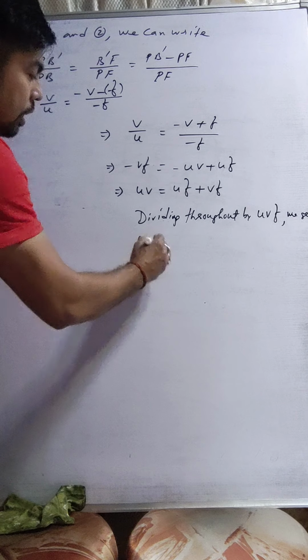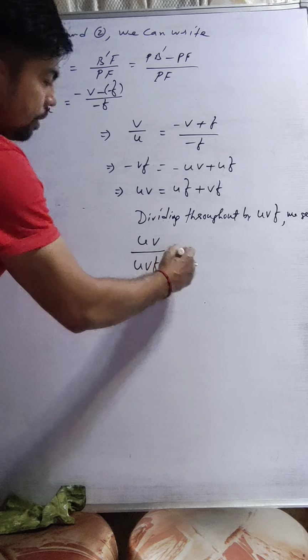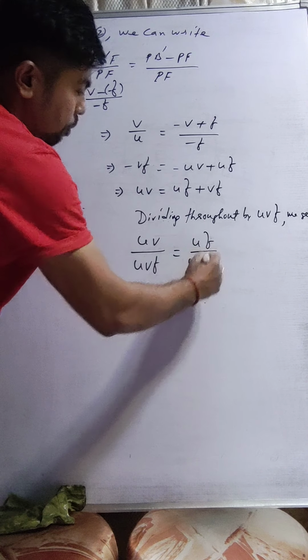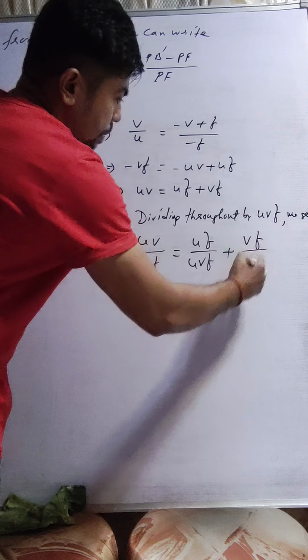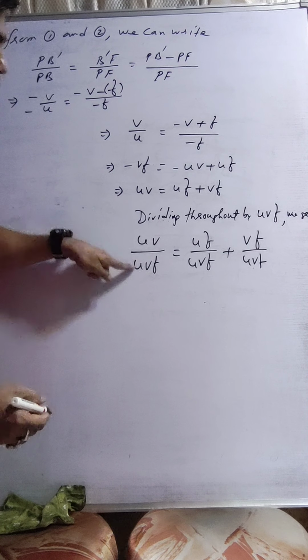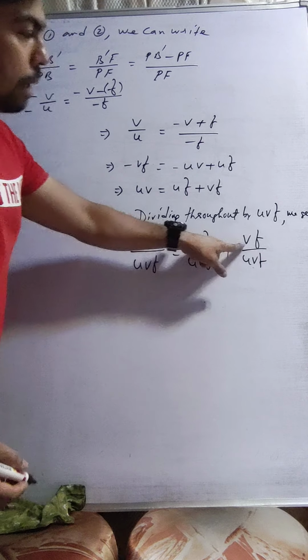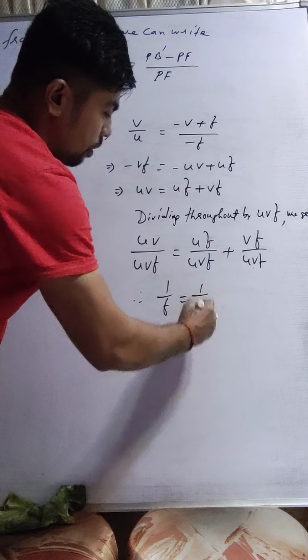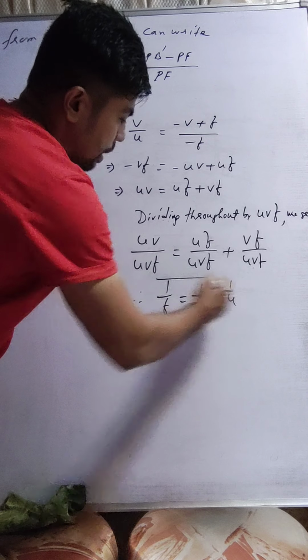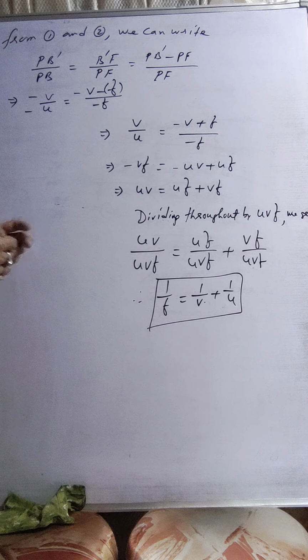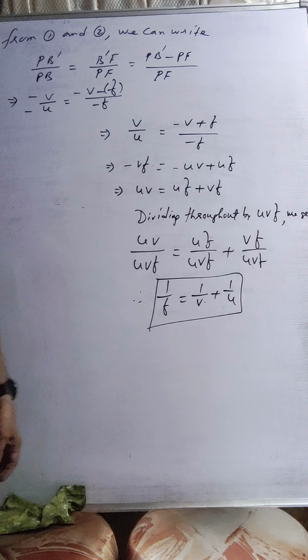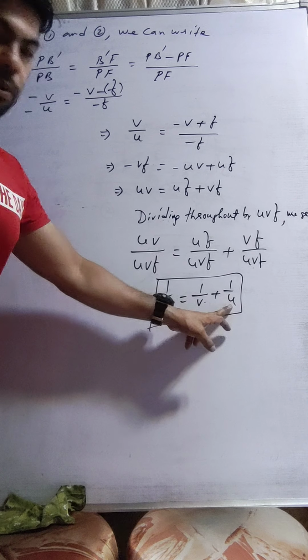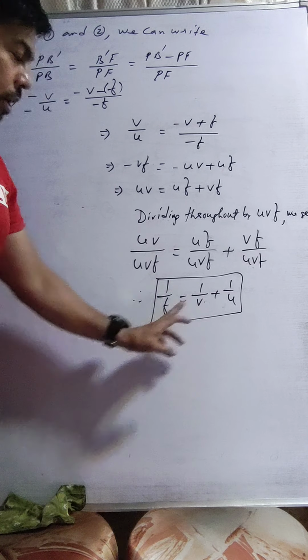So you get UV by UVF equals UF by UVF plus VF by UVF. So UV cancels, UF cancels, VF cancels. So you get 1 by F equals 1 by V plus 1 by U. Right? This is the final relation between object distance U, image distance V and focal length F